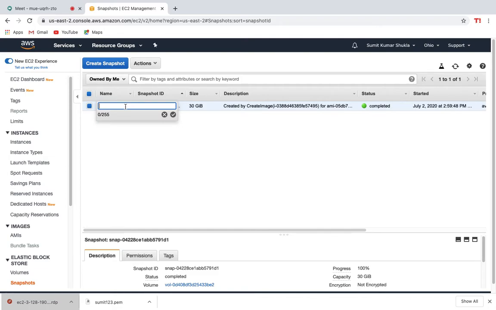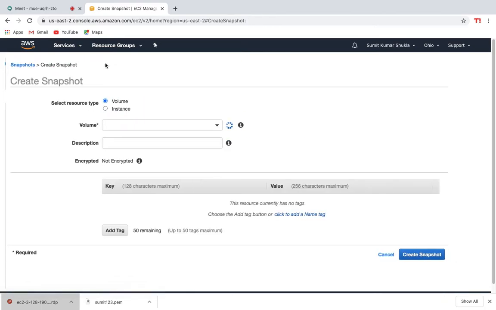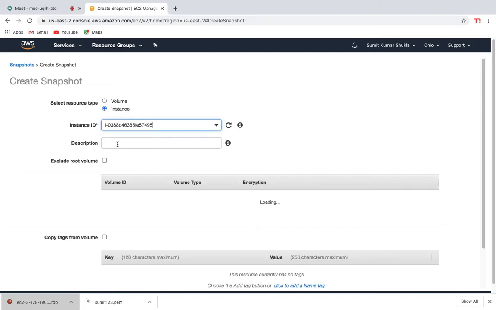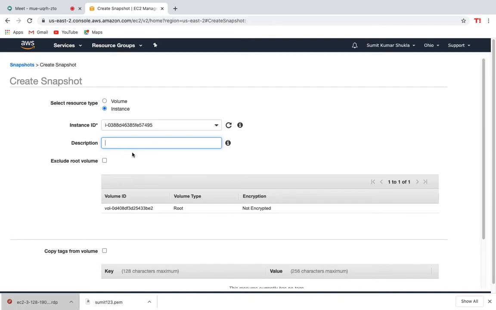You can write your snapshot name, SNAP123 or whatever you want. Here you need to write the instance ID, whatever your instance ID is, a description, and whether you want to encrypt it or not.